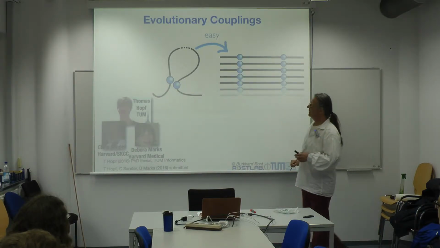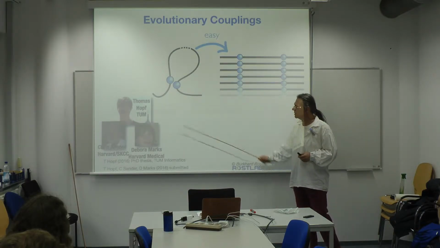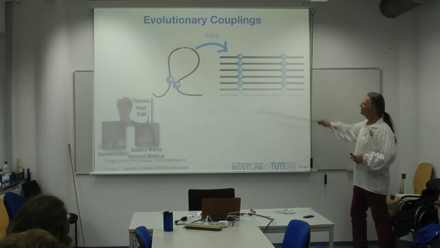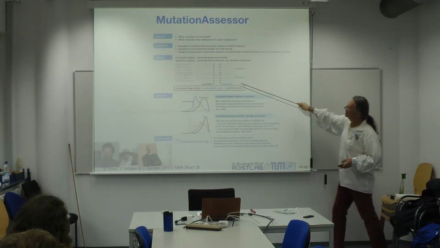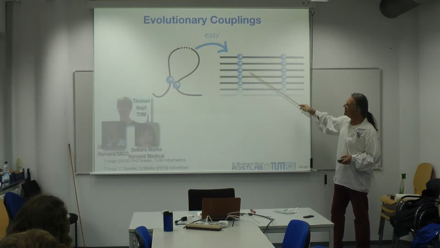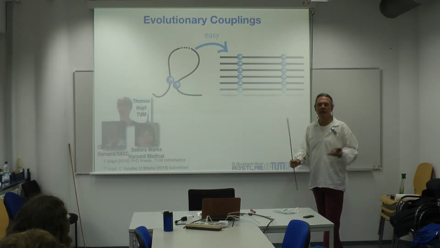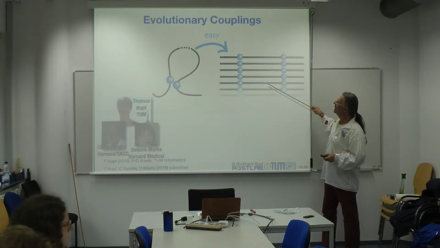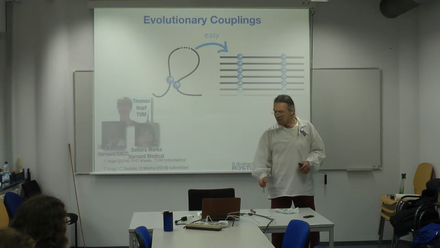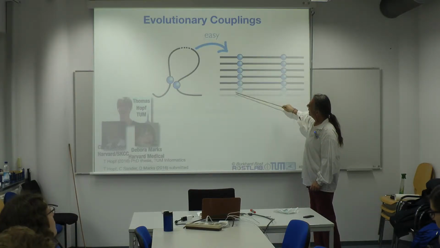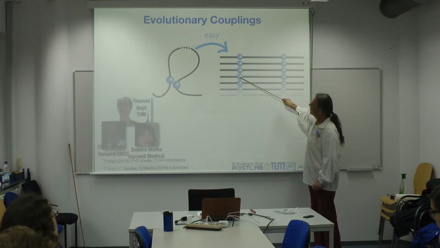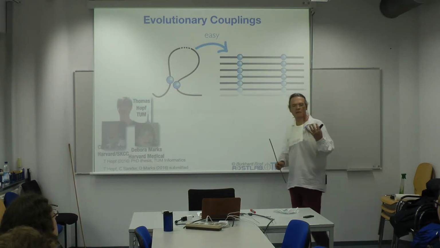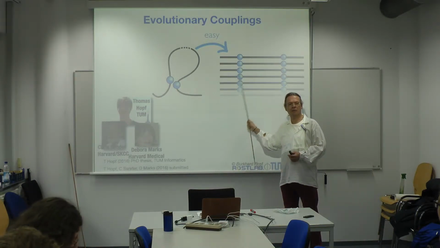Now, there's another set of methods that goes back to work from Debora Marks, and also Chris Sander: evolutionary coupling. So we have two columns, and we see that the two columns are correlated, they are evolutionarily coupled, meaning that I have some coordinated change between here and here. This could be the other way around from what I saw before. Say we had 3 up here, 4 down here. Say this is large, this is small, and this is small, this is large. So it's a flip movement, right? You mutate something from large to small and from small to large.